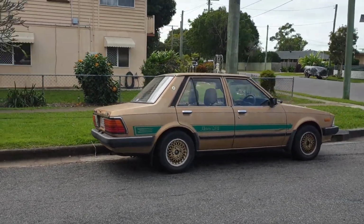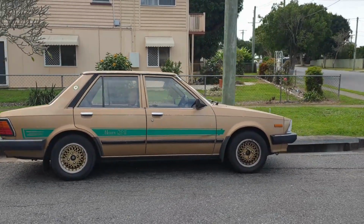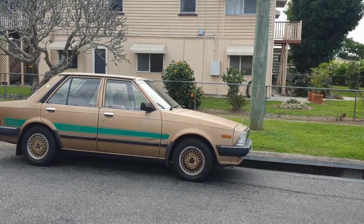So this is the second thing I found. It was this Mazda 323. One of the things I've been working on lately is colours and having a consistent colour theme, which has been really challenging for me because it's not something I've particularly thought about before. So I was really caught by the beige, and I know beige is a particularly boring colour, but I like the beige of the car matched the beige of the house. The guy had that green stripe which matched the grass, and I was actually surprised because I put this picture up on my Instagram story and a lot of people got back to me and said they loved the photo, which was really interesting because